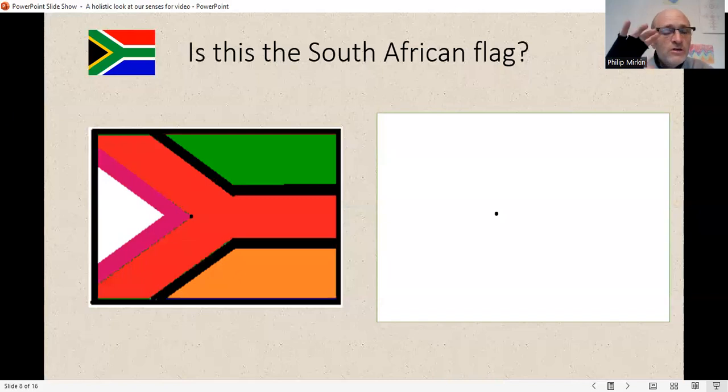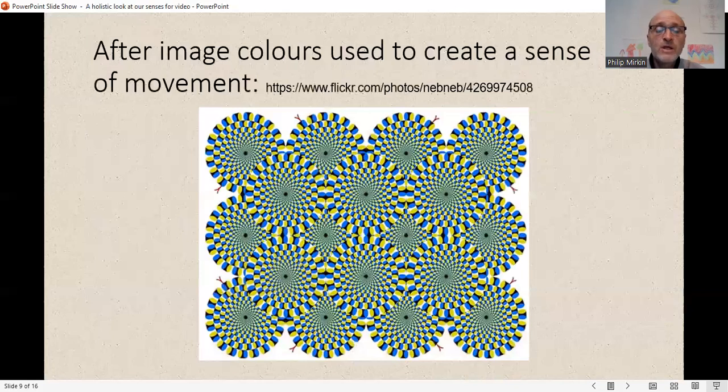You don't have to focus hard. You can have a soft focus, but keep your eyes looking at the dot. And when those edges are really getting kind of uncomfortable, then turn your eyes and look at the black dot on the right-hand side, and you should see roughly the real colors of the South African flag just emerge if your eyes are relaxed enough. And every one of us does this. It's just for some people hard to get this particular experience.